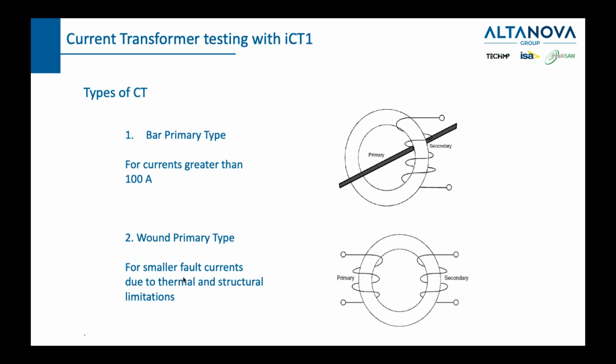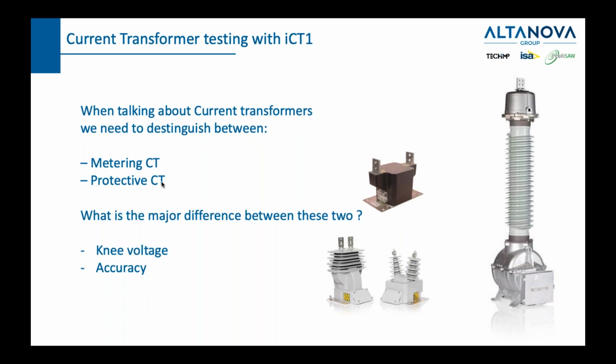And since we talk about types of CTs, we can see that we have a so-called bar type, like a toroidal type of CT, which is used quite often, especially because it's usually made for currents greater than 100 amps on the primary side. And we also have a wound primary type for smaller fault currents due to thermal and structural limitations. And we also have to say that when we're talking about current transformers, we need to distinguish two types: metering